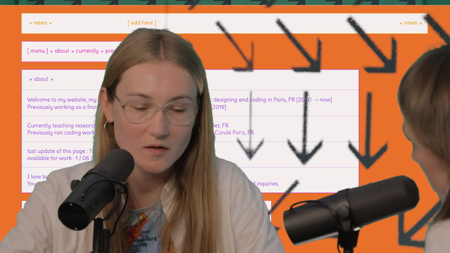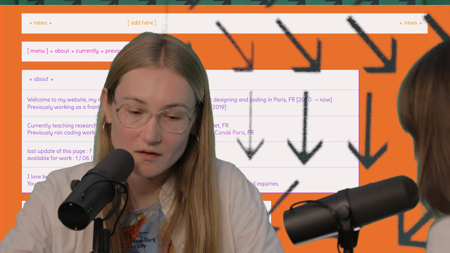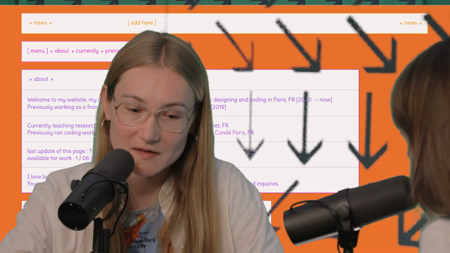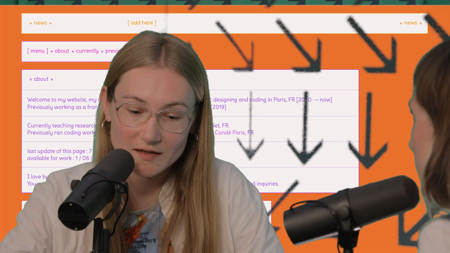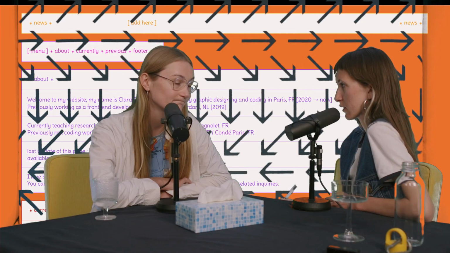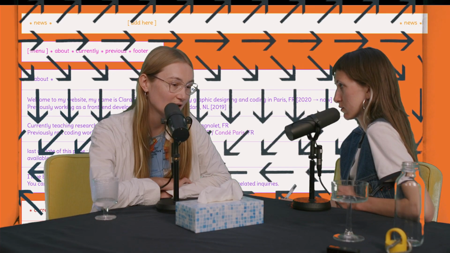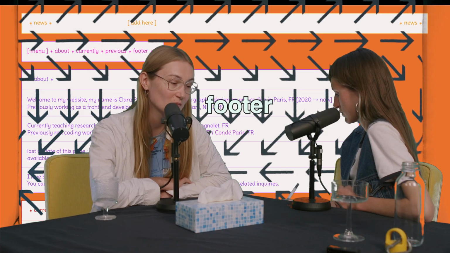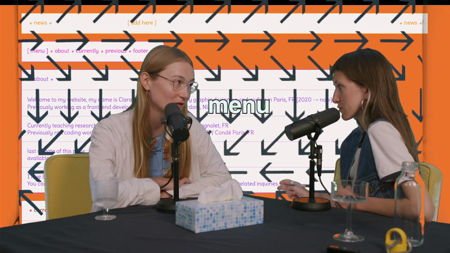Okay, so it's not like that anymore. Now it's completely reshuffled. It's quite classic, which I'm still processing. Well, it's a portfolio website now. So like your PDF? Yeah, kind of. So it has a header, it has a footer, it has a menu, and it has a body.